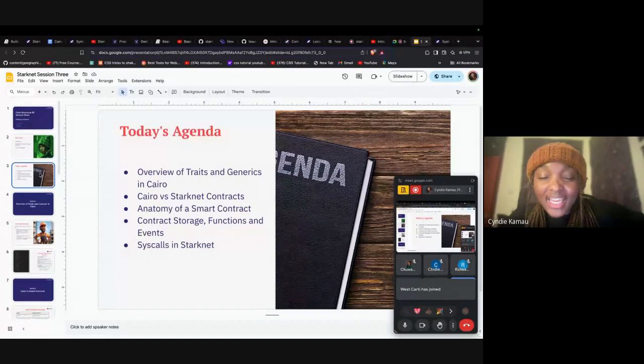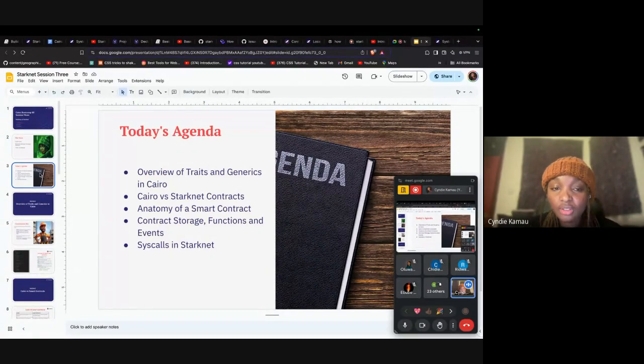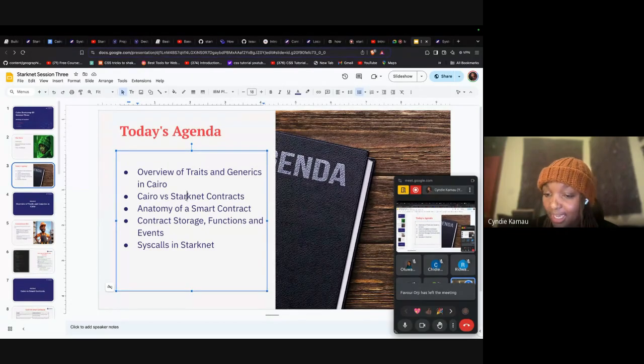So in today's agenda, before we even handle smart contracts, there's a very important topic in development in Cairo that I really wanted to go through, which is traits and generics, because this is really used in smart contracts. I thought it's nice to give a refresher and take you through how traits and generics work, because you're going to see a lot of the syntax for traits and generics when we start discussing smart contracts, right? Also, last week, Olu talked to you about the Cairo programming language.